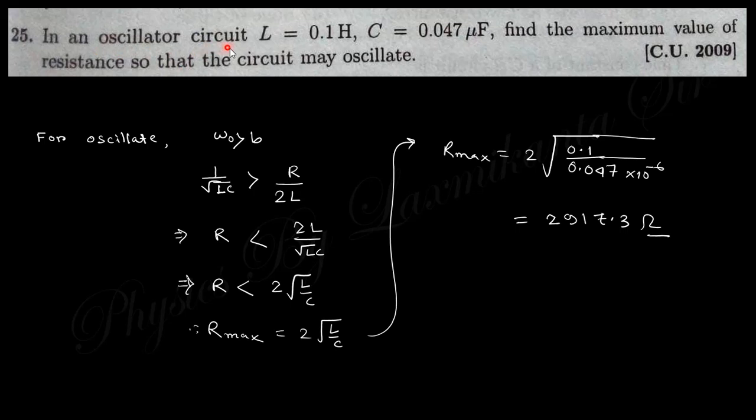In an oscillator circuit, L equals 0.1 Henry, and C is as given. Find the maximum value of resistance so that the circuit may oscillate. For oscillation, omega naught must be greater than B. So if you put in the values of omega naught and B, you will finally get